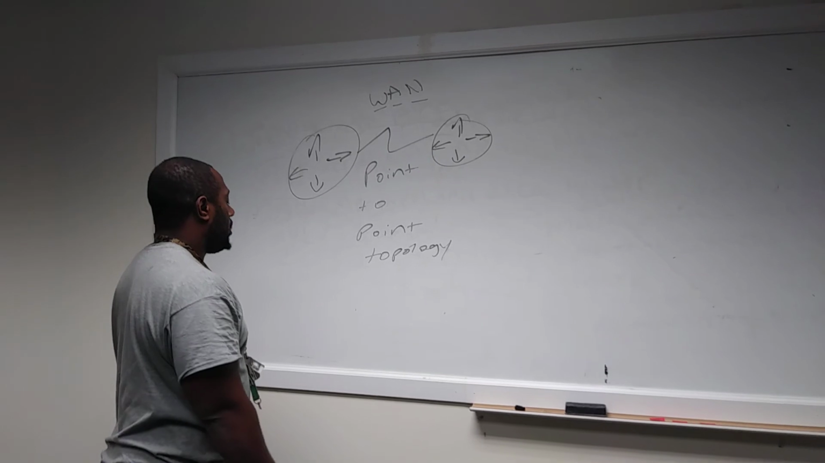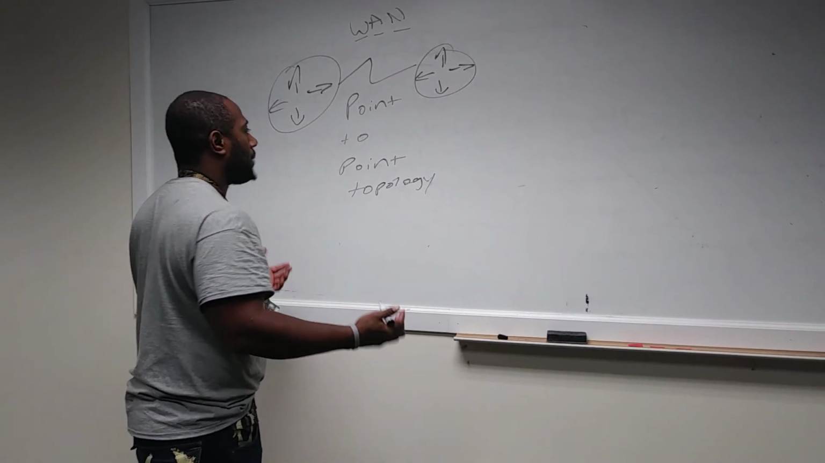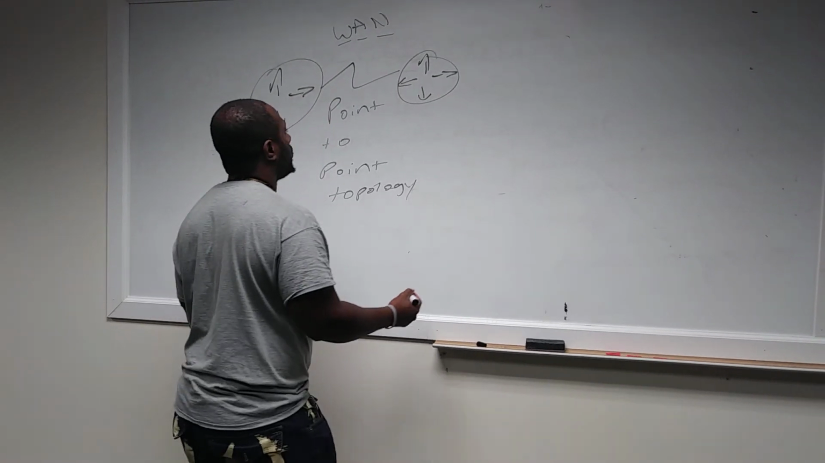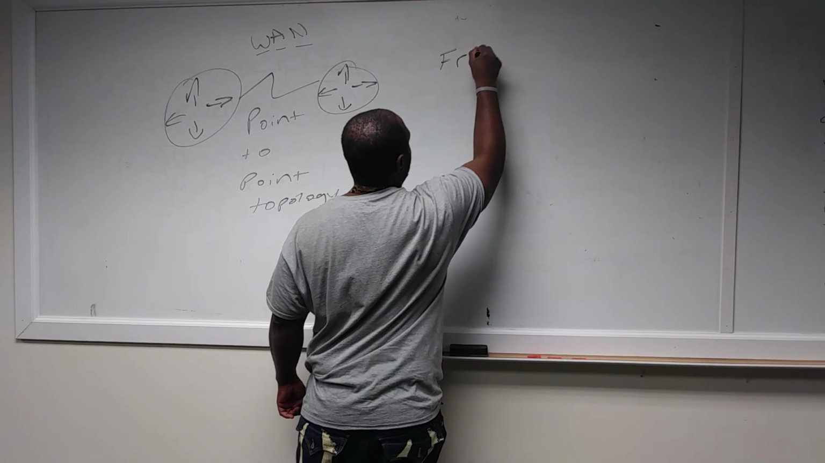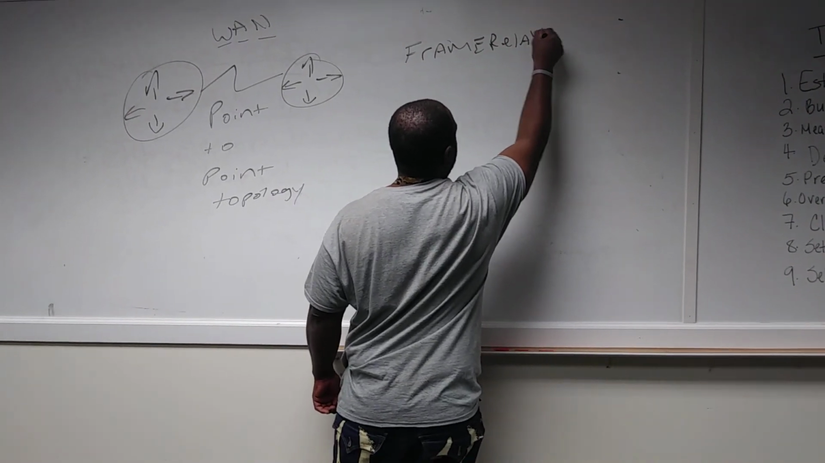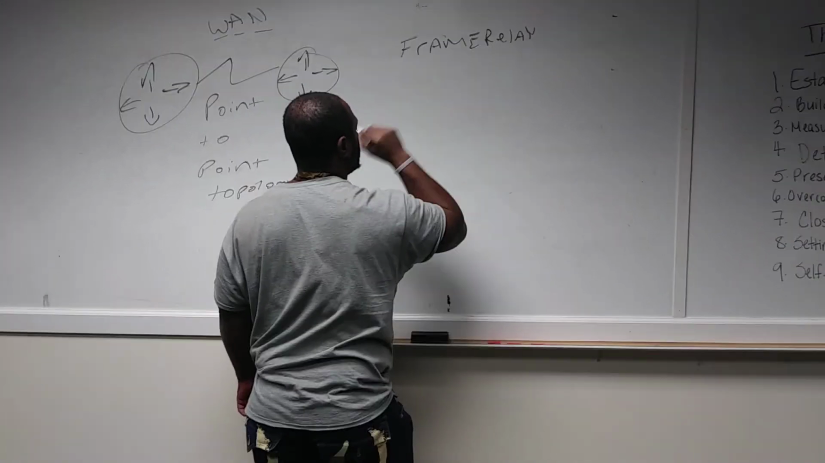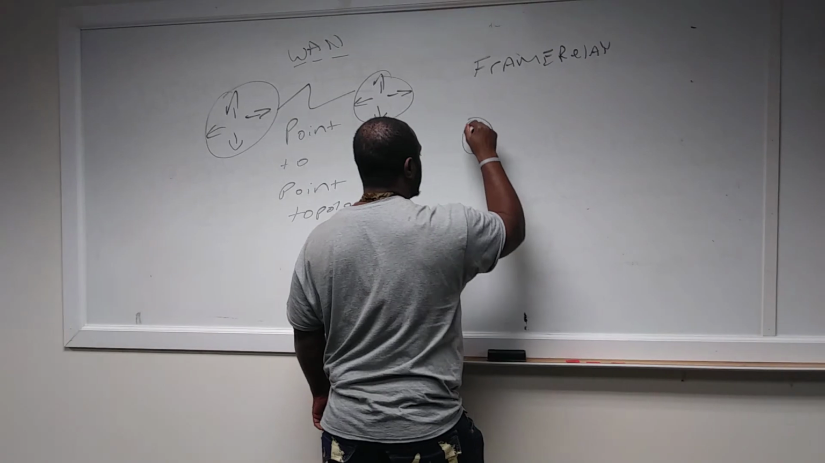We also have a bus topology that's obsolete. We really don't use that. You also have a hub and spoke topology, used by frame relay. Frame relay is obsolete, but hub and spoke is when you have a central site